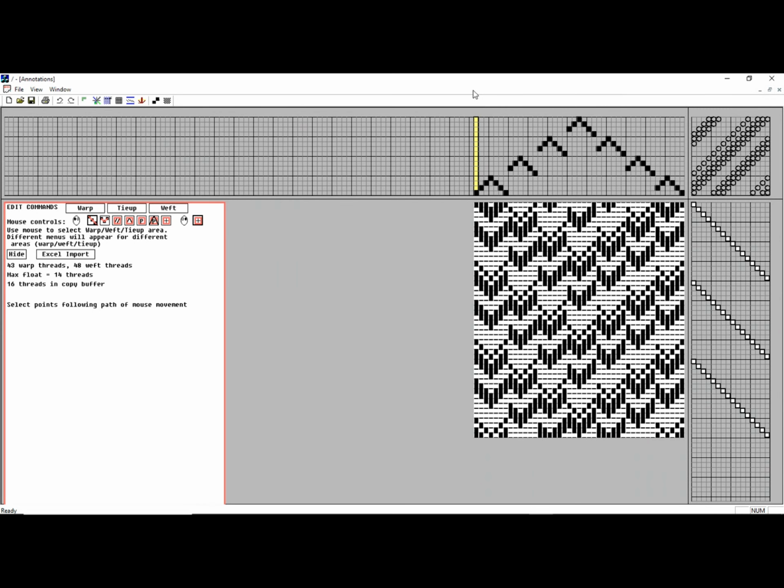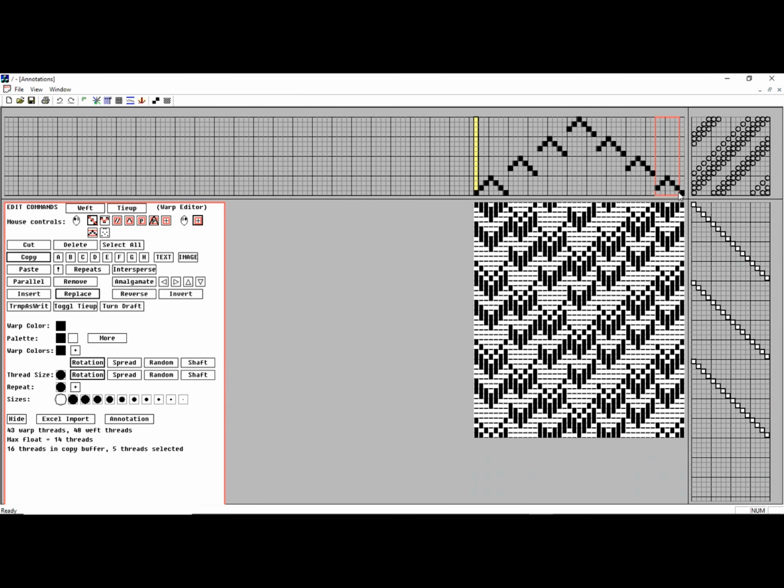This will be a description of the Quickdraw weaving program's ability to add annotations and repeats to the warp and weft on a simple little pattern, so I can see how annotations and repeats are set up. So I've set this little thing up. Now if I want to add an annotation to a set of threads, what I do is select them in